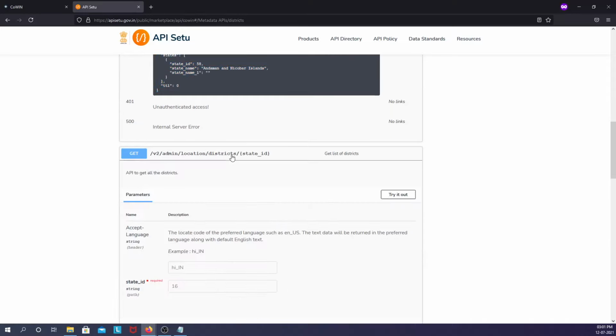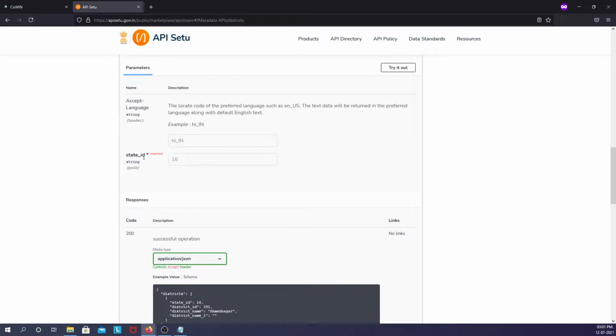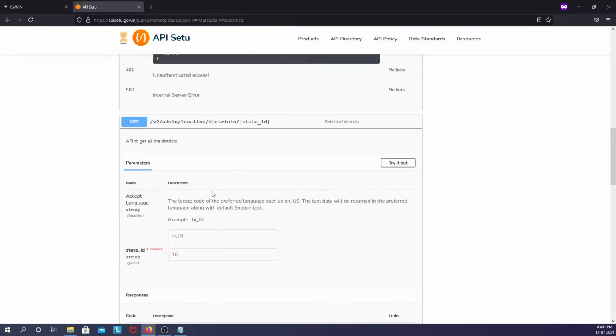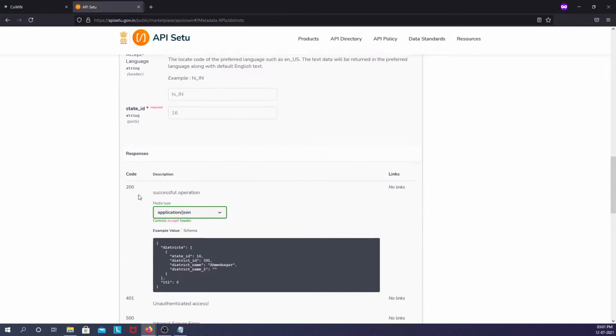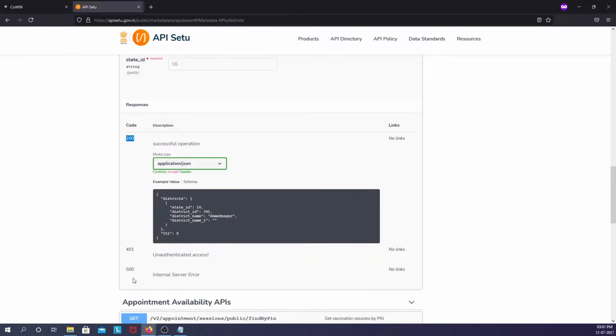Likewise, there is one more API endpoint where we need to provide a state ID. You can see the state ID is the input expected here, and when we give a state ID, the response lists the set of districts for that state, in this response format. It also shows the different response codes this API can respond with: 200 is successful, 401 unauthenticated access, 500.